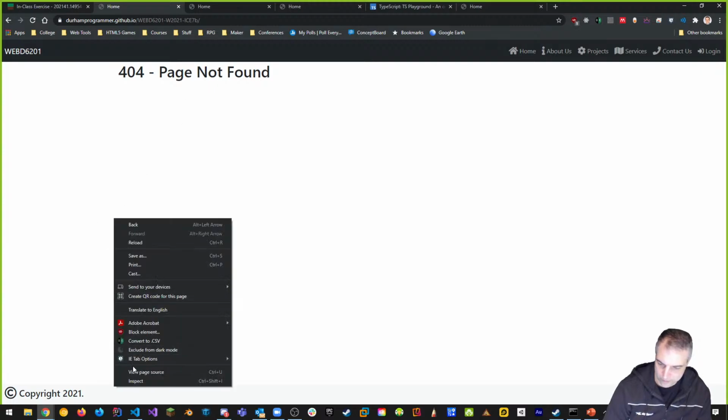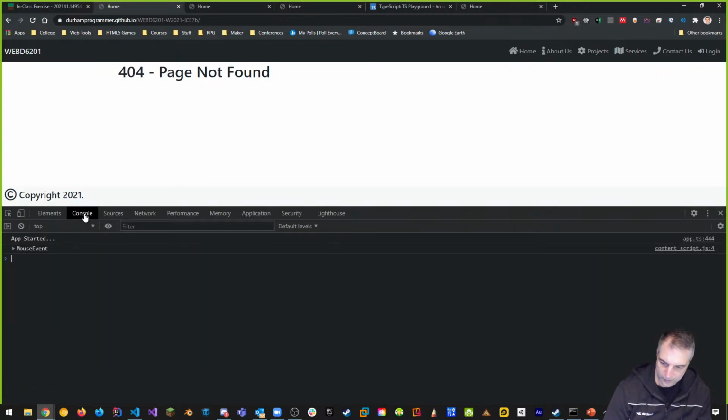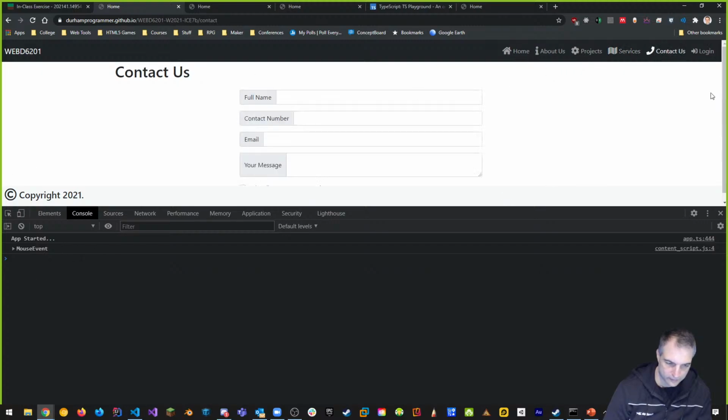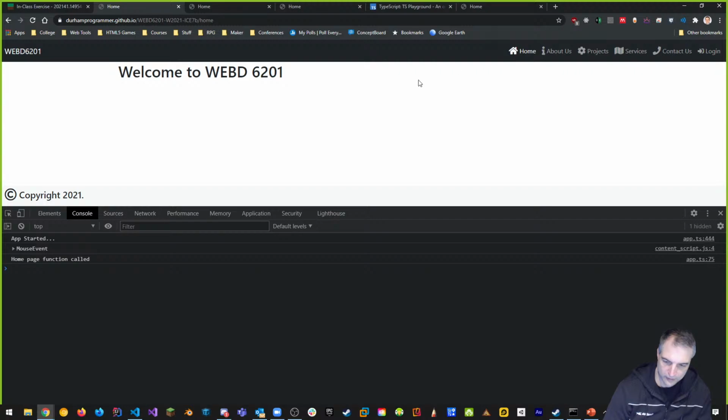And then I want to look at my inspector and see what I have in my console. Wait, what? How am I getting a 404 page not found and no output? In fact, my router didn't work at all, right?